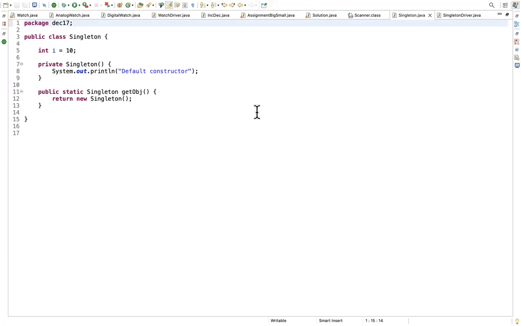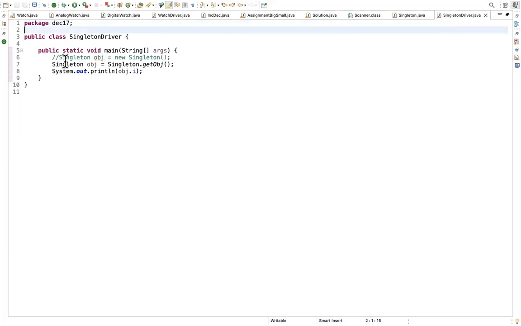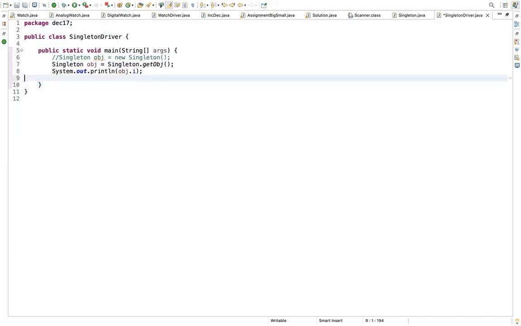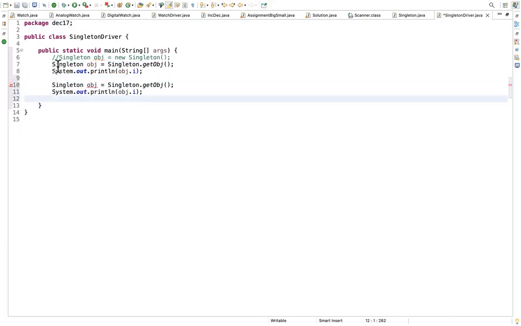We'll see that also. Now in your singleton driver, can we invoke one more object, Kripa? Create one more object reference and do the same line with a different reference name. Yeah, just have obj1. Okay, so for the hash code value, can you print the hash code for both, just for reference to understand how many times the object is getting created?